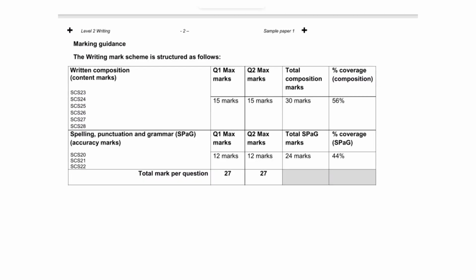During your writing exam, you will be examined on your written composition, which is worth 56% of your marks, and your spelling, punctuation and grammar, which is 44% of your marks. So spelling, punctuation and grammar, it's quite clear what that will cover, but written composition covers the clarity of your